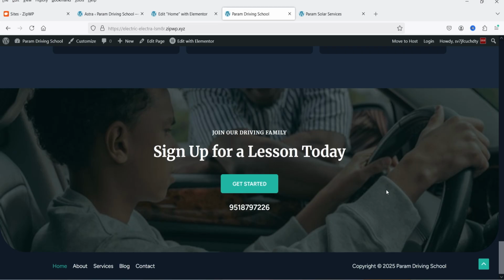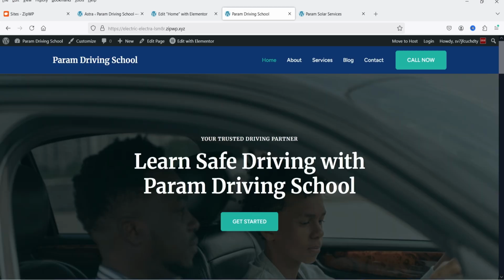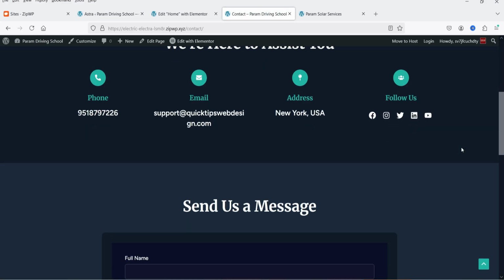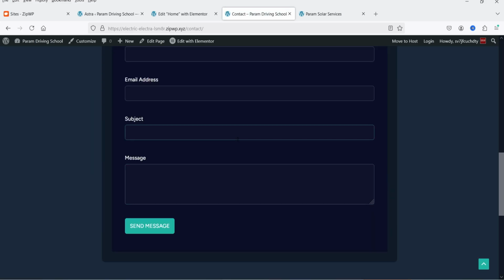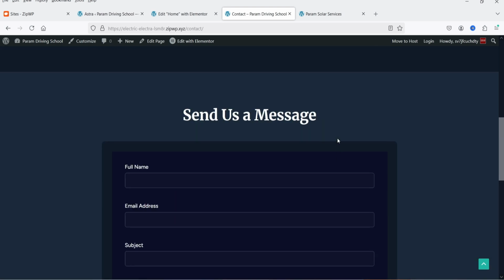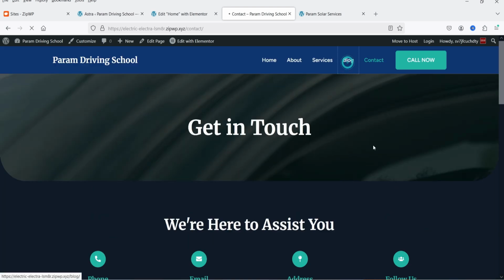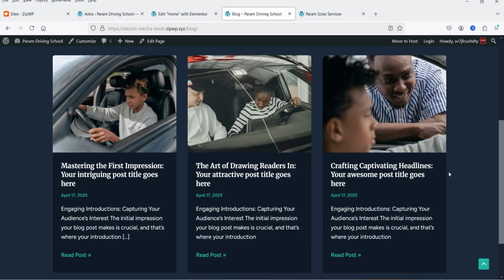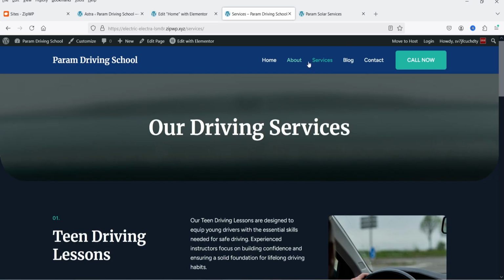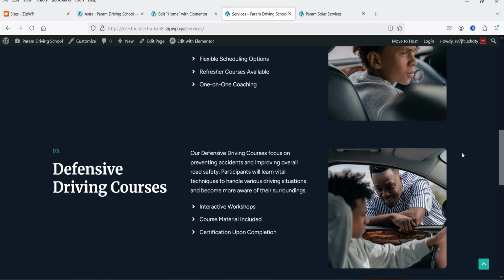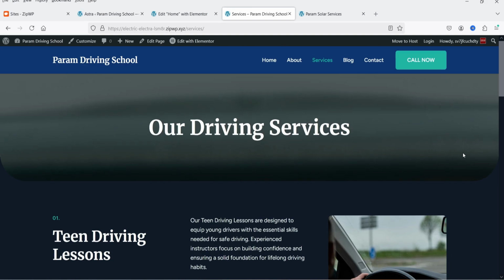So all these sections on the home page are created automatically, and the other pages are also created. If I go to contact, you will see the contact page is also created, and we also have a contact form there. This is a call to action again. And if I go to blog, the blog is also created, and there are some sample blog posts also generated automatically. If I go to services, this is the list of services that we can offer,